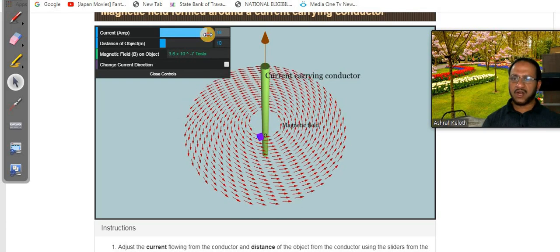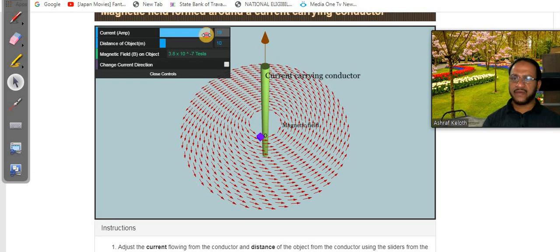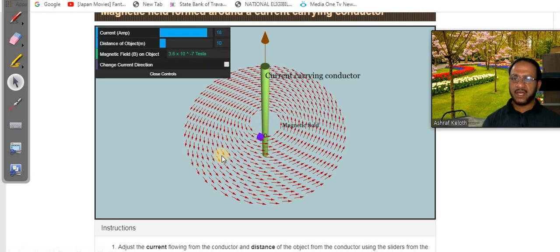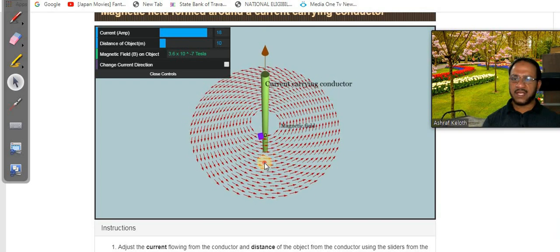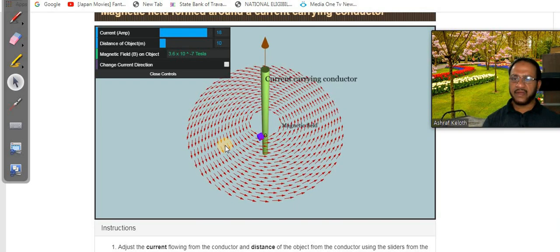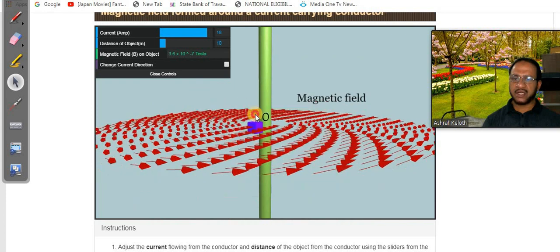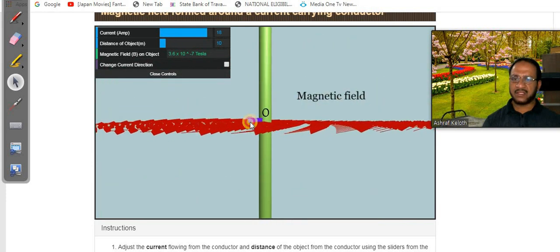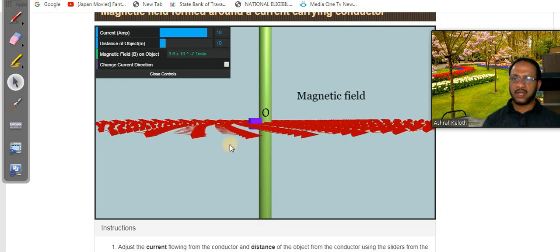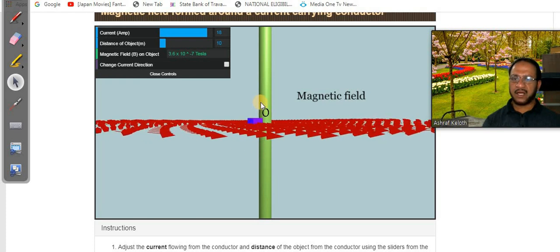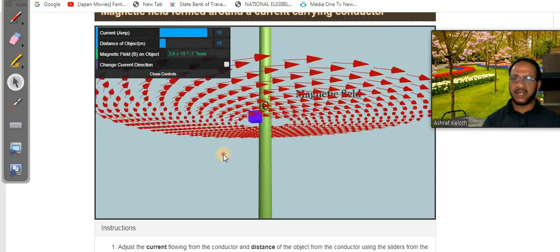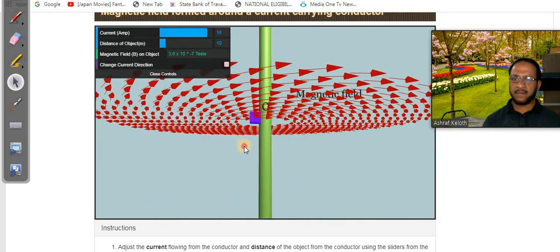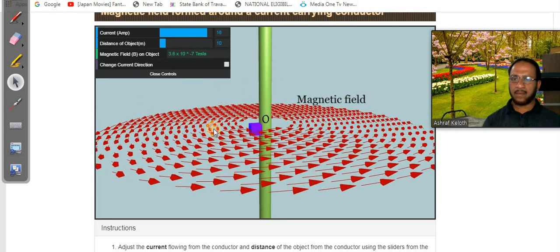Field lines increasing means what? More strength, isn't it? So if more current is passing, there are more field lines and more strength. And also the distance matters. When you move in this direction, you can see the field is three dimensional. This is the actual diagram. The field lines are in the horizontal plane. The current is flowing in the upward direction, and the field lines are like this. So you can see at any angle,